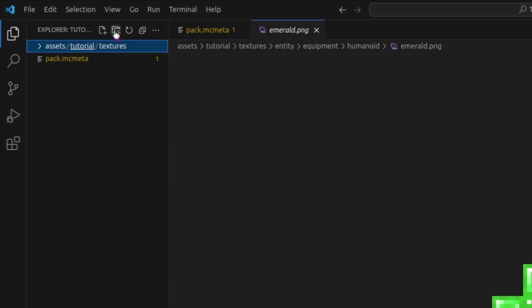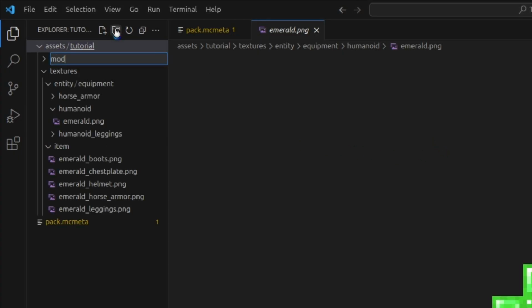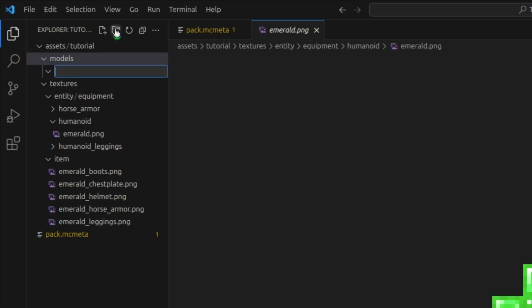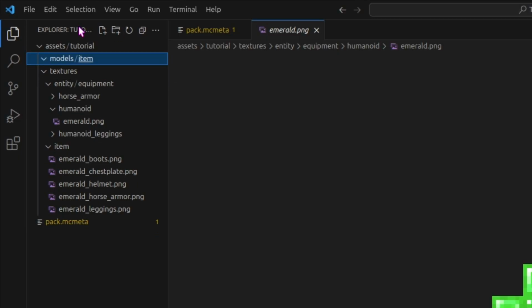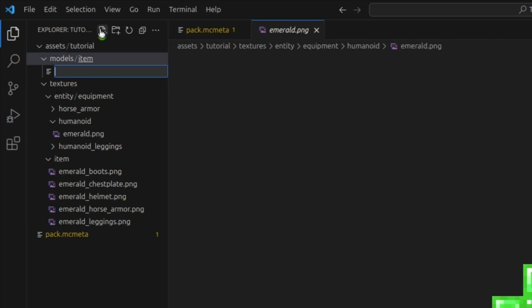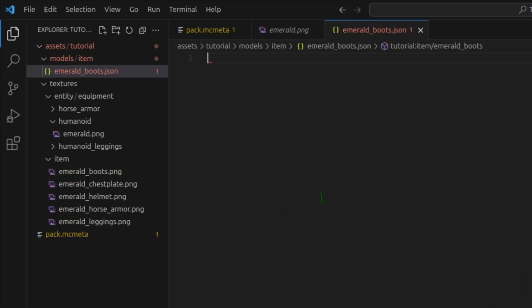So go back to our namespace and create a new folder called Models. And in here, we need a new folder called Item. In here, we can make a new file. We'll make our emerald boots. emerald_boots.json. And in here, if you've seen my custom models tutorial, I'm going to be setting up the easy item model that I showed off at the end, where you only need a texture and you don't need to make the model yourself. So to do it, some curly brackets,